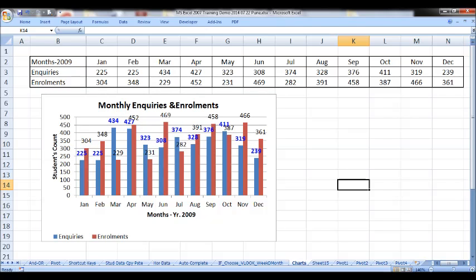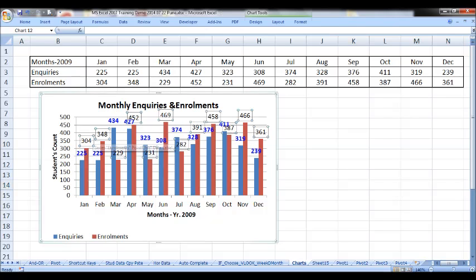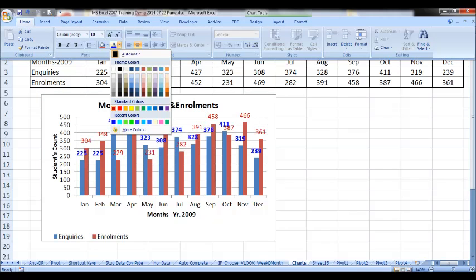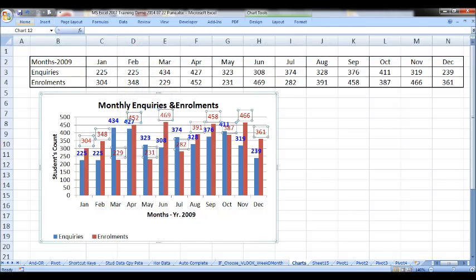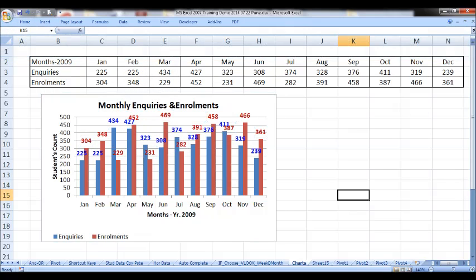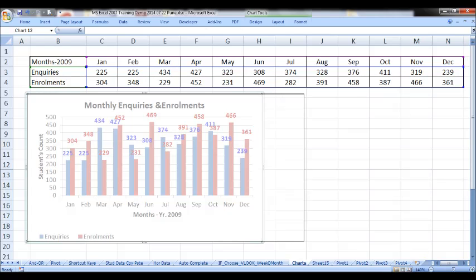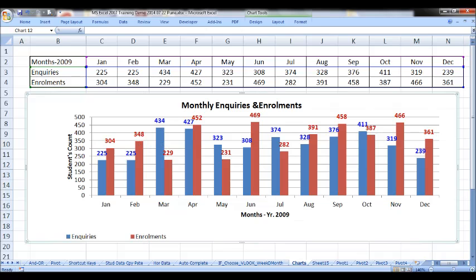And for the other part, that is for enrollment, again select any one, go to font and select the appropriate color, bold. Now no confusion. Even if two numbers are very close, you can very well identify the value for a specific column. If you want to spread the graph for the entire length, you just drag it. Whatever content you had defined, now the graph is ready for display.